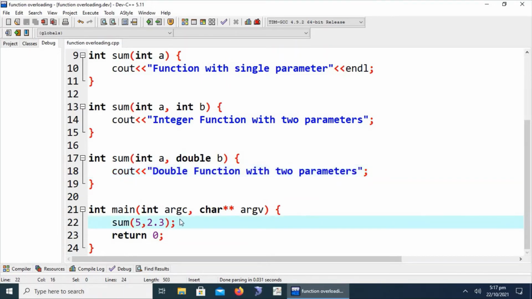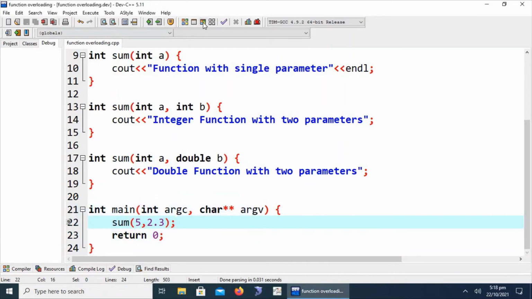Now we have to observe that here we have called the floating point function. I have to clarify that the second parameter is floating point, so the overloaded function with a floating point parameter will be called.